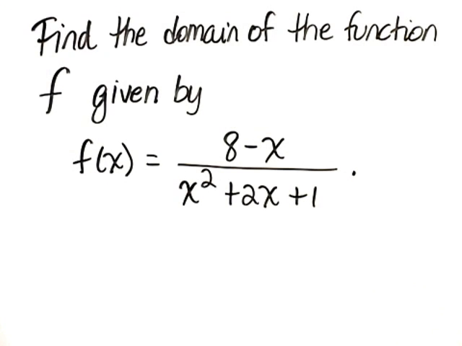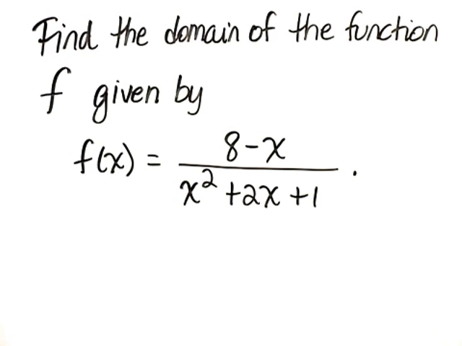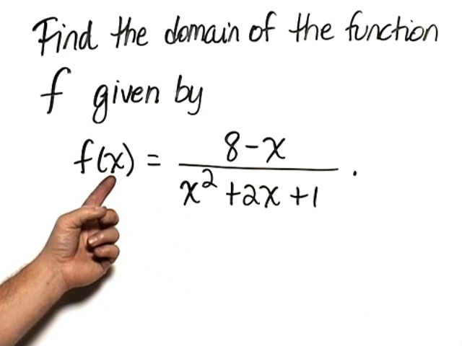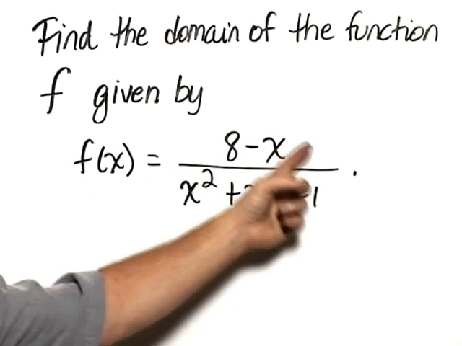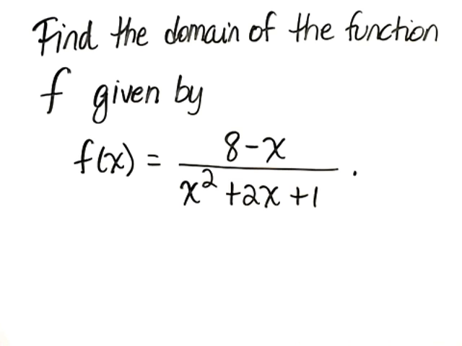Find the domain of the function f given by f of x equals (8 minus x) over (x squared plus 2x plus 1). Well, the domain of this function would be all the values of x that make this rational expression defined, which is to say, let's find the values of x that make it undefined and we'll exclude those